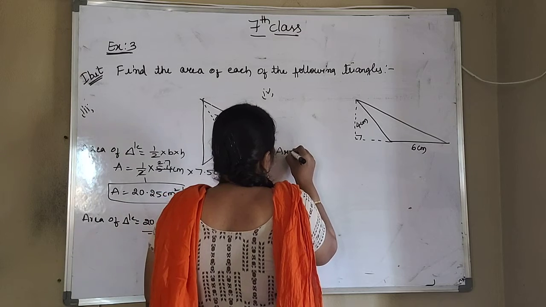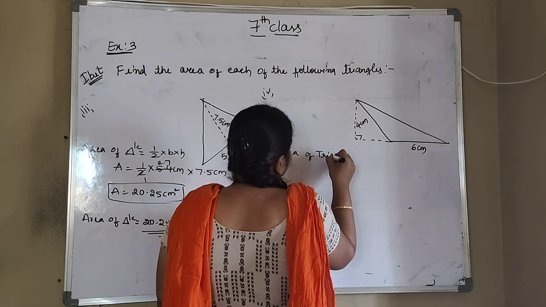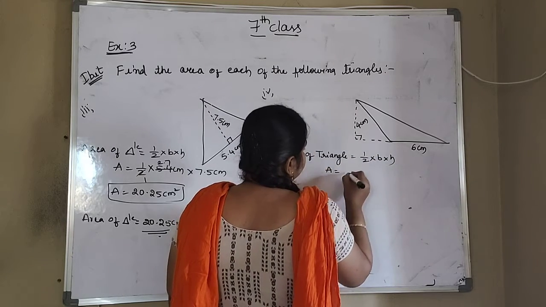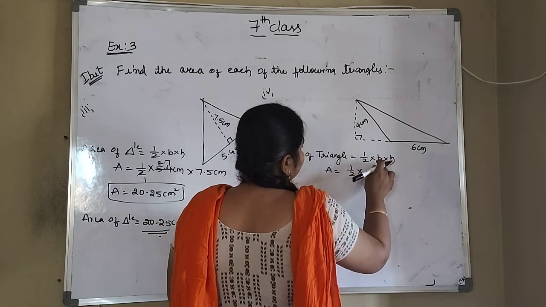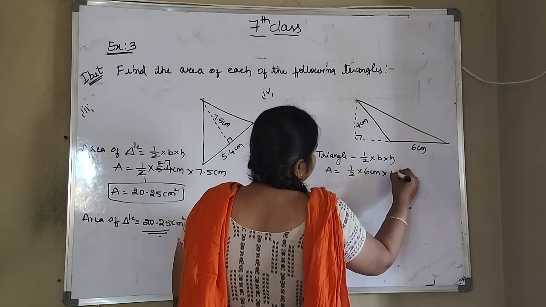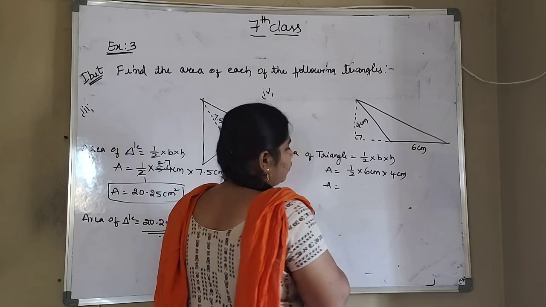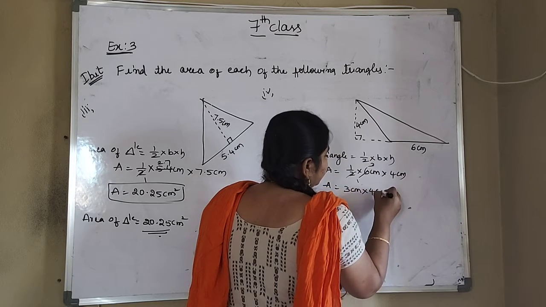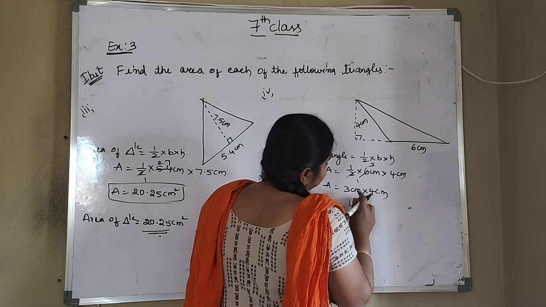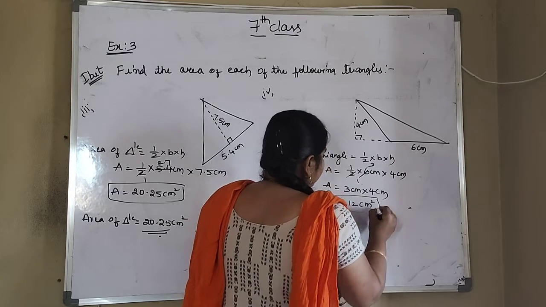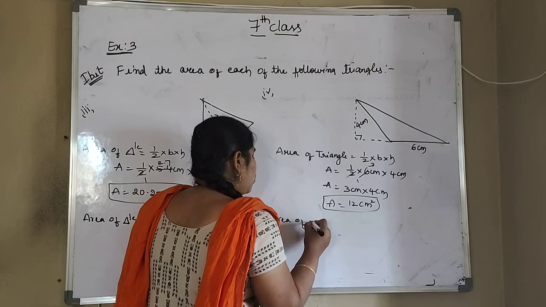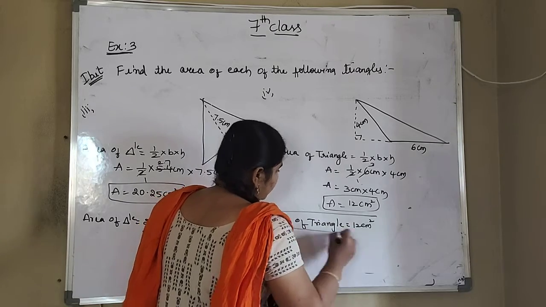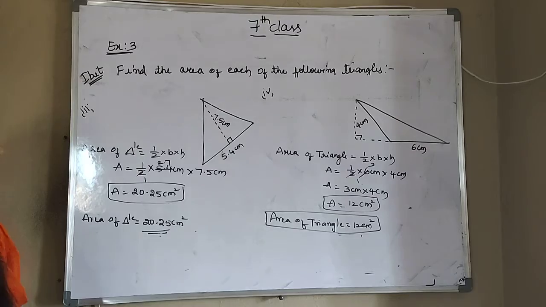area of a triangle. Area of triangle is equals to half into base into height. So area is equals to half into, what is the base value? Base value is 6 and height value is 4 centimeters. So A is equals to, what can you cancel here? 2 ones are 2, 2 threes are 6. So that will be 3 centimeters into 4 centimeters. A will be 3 4s are 12. Centimeter into centimeter will be centimeter square. So you got area of triangle is equals to 12 centimeter square. So this is our last bit in the first one.